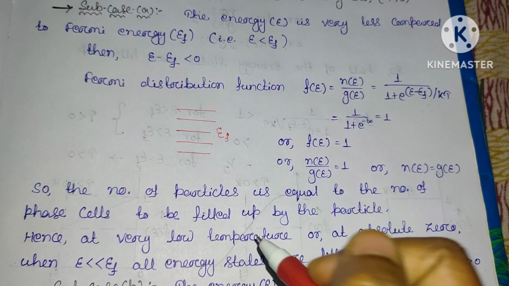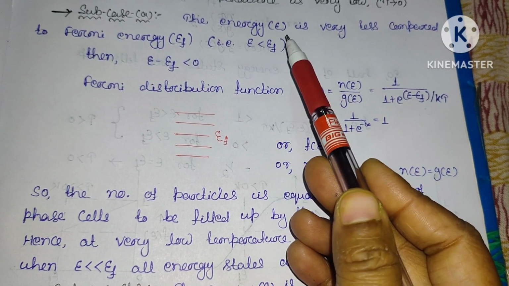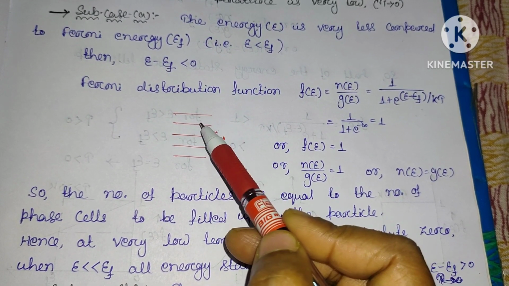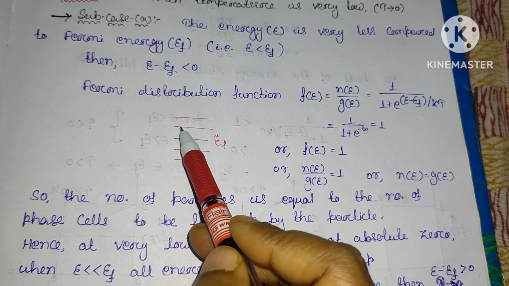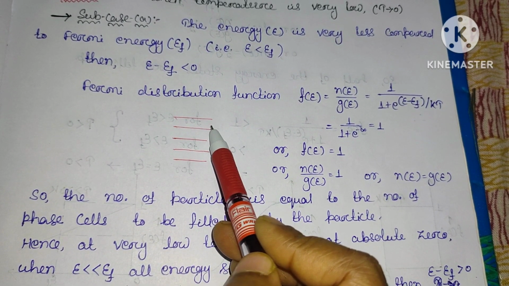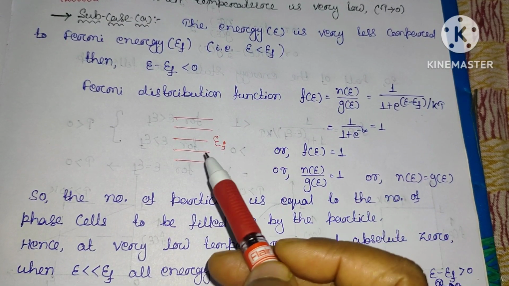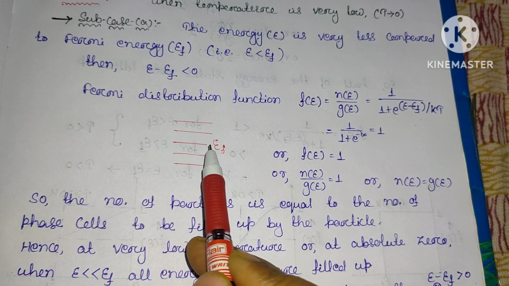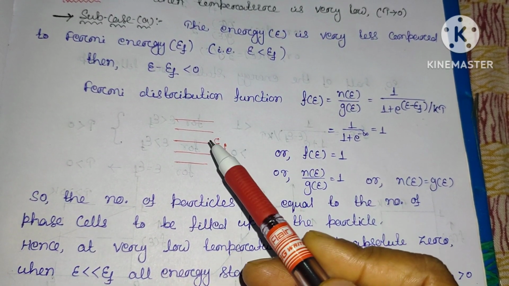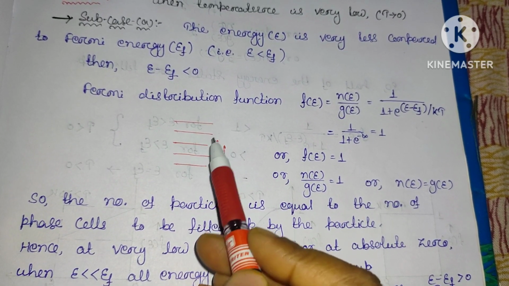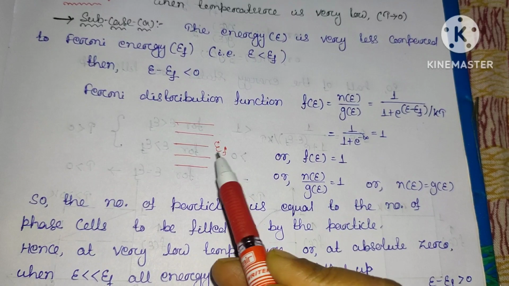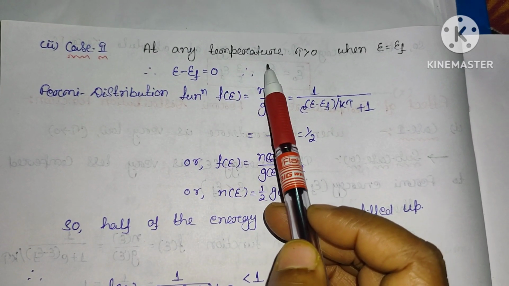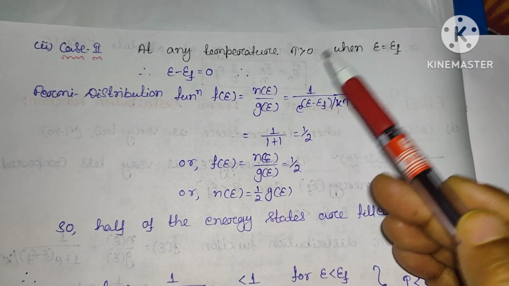Clear? But at absolute 0 temperature, when the energy value is larger than EF, it means that when the energy level is at any of these above your EF, no particles can be found in this particular energy level. So it is clear that at absolute 0 temperature all the particles are present below this Fermi energy level, and the highest occupied level is your EF. But when the energy is larger than this EF, there will be no particles present above this Fermi energy level. Clear?